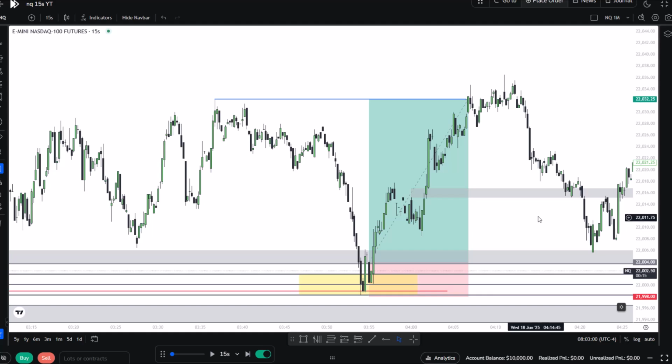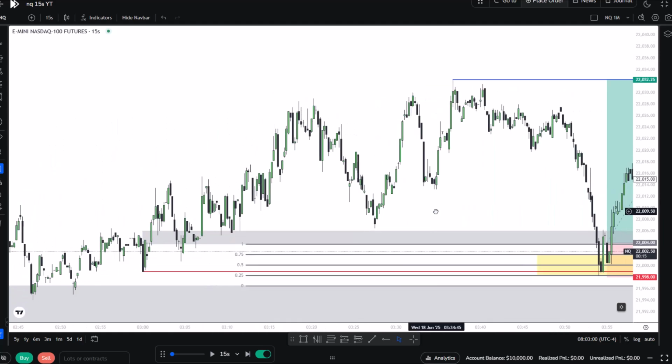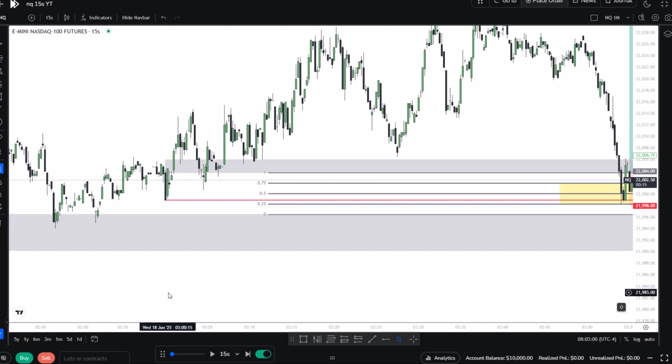Anyway, guys, you can play with these gaps yourself. If you have the 15-second chart, I highly encourage you to use the 1 minute as a higher time frame chart and 15-second as an executions chart. Why am I saying this? Because this gives you so many setups on a daily basis. So many that